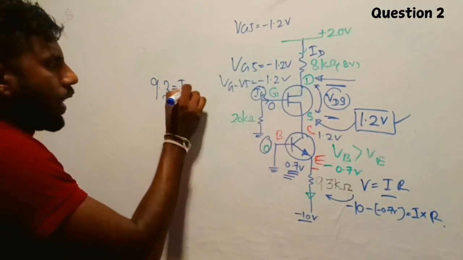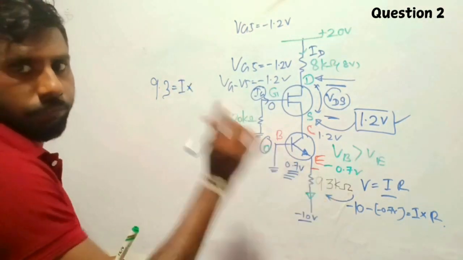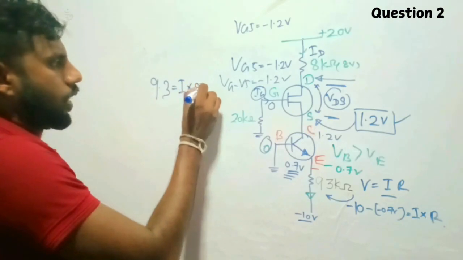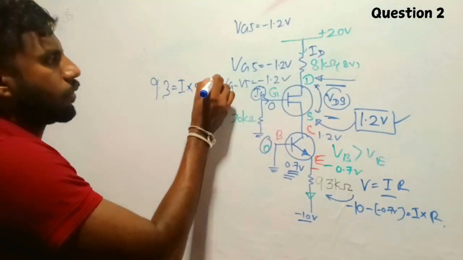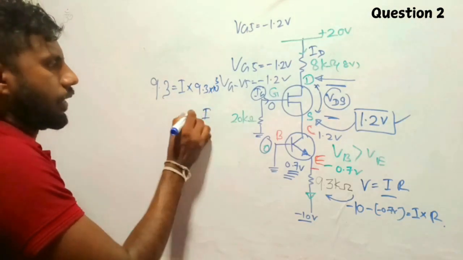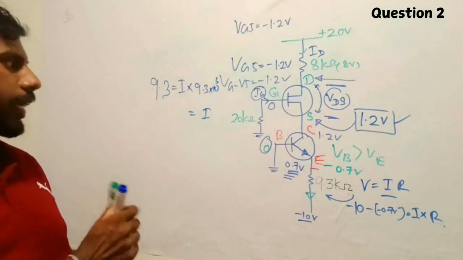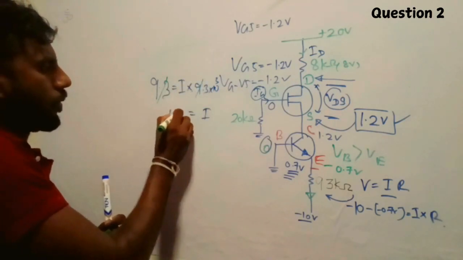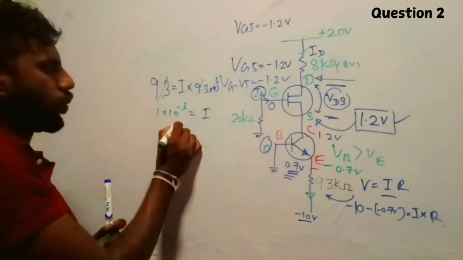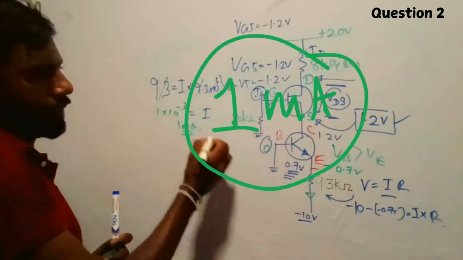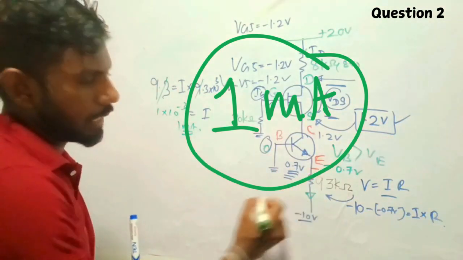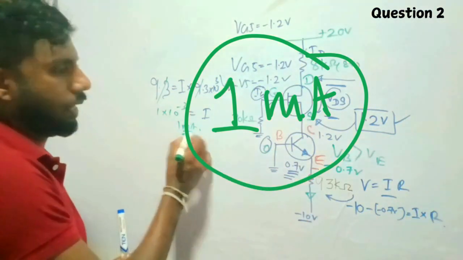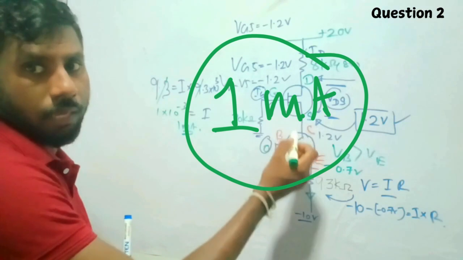That equals I times 9.3 kilo, so 9.3 into 10 to the power 3. So I'm getting I equals 9.3, that cancels off, so I'm getting 1 into 10 to the power minus 3. That means 1 milliampere. So the IE current is 1 milliampere, and we can assume the IC current is also